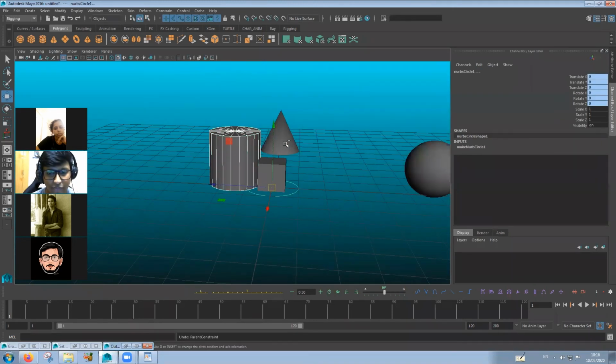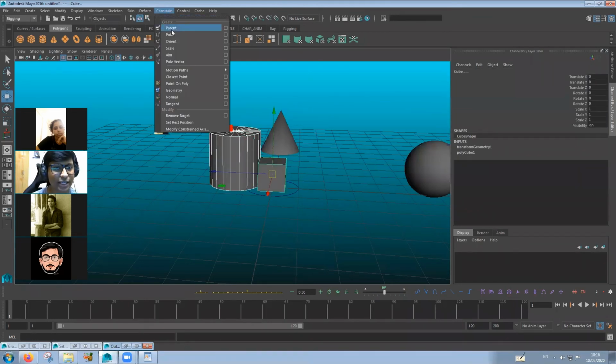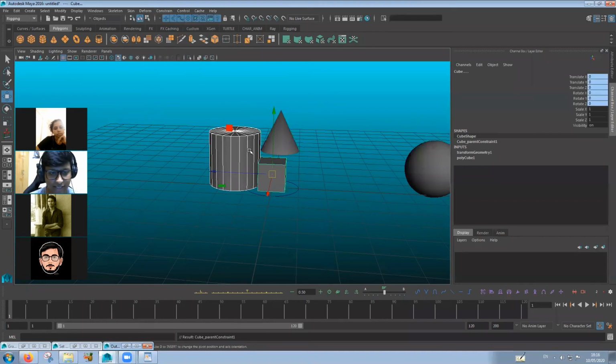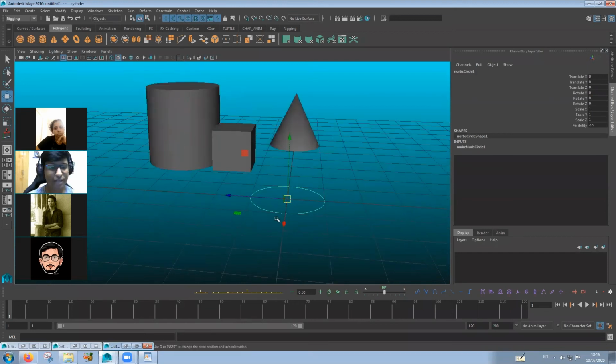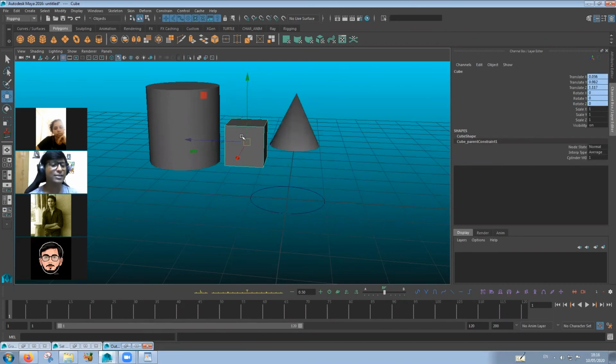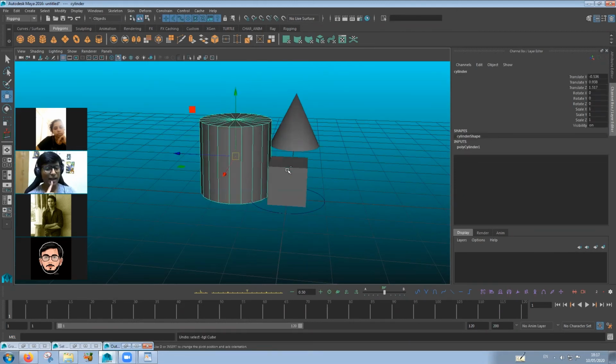So if we need to make some adjustments, we can do that. But if in the beginning itself we constrain the cylinder to the cube, one thing is this controller is gone to waste completely. You can do nothing with this controller anymore. And you've also lost the ability to animate this guy separately, if you want to make a few tweaks, which you could have if you had chosen this one. So one rule is always that whenever you are parenting, if there is a parent available, always go for that. Child comes later.